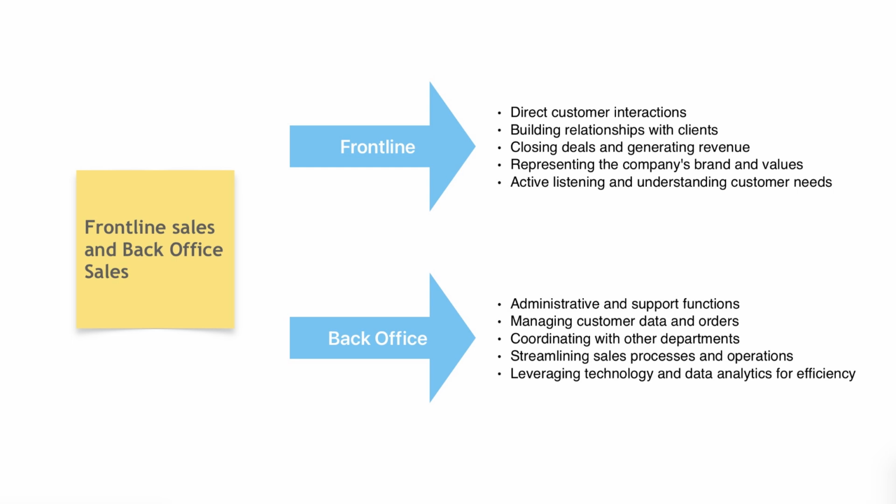They handle the essential but often time-consuming tasks that would pull the frontline rep away from actually selling. Like processing orders, managing CRM data, compliance checks, generating complex quotes, contract management, coordinating logistics, maybe. They make the engine run smoothly behind the scenes. So the back office uses tools, technology, maybe data analysis to streamline everything. That's the idea. They free up the frontline team, who are often highly compensated, to spend the maximum possible time on direct, high-value customer interactions, maybe aiming for that 80-20 split.